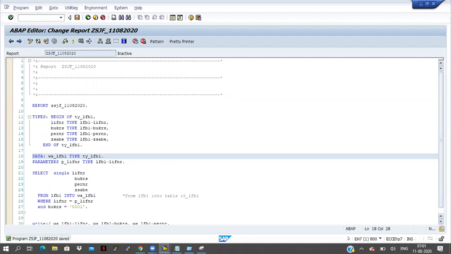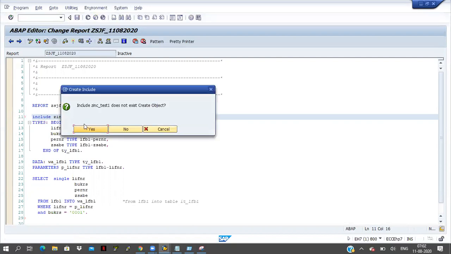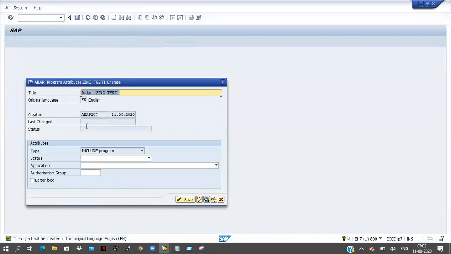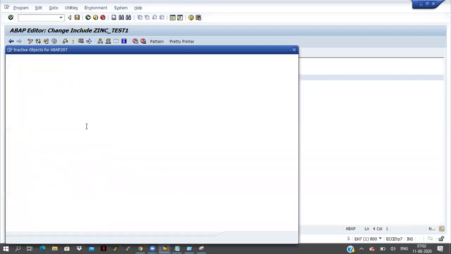So the declaration part I will take into one include. The name is ZCL_INC, ZINC test bar. Click on the save button. Save it, activate it.